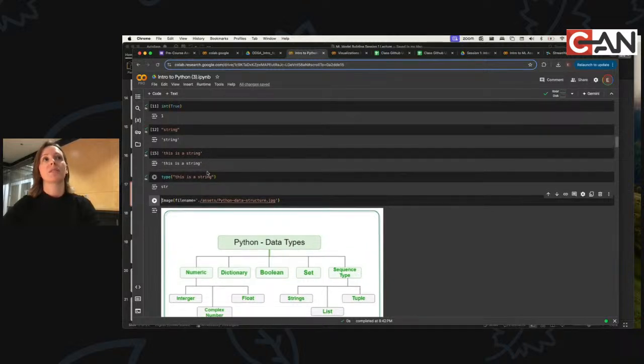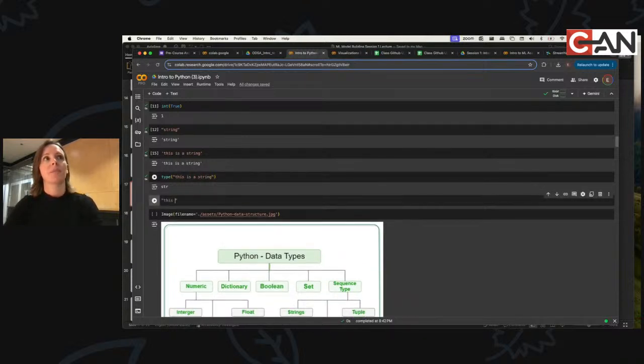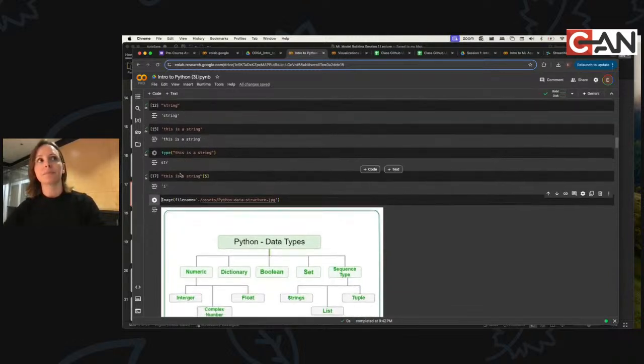What is interesting about strings is you can actually slice them. Fun fact, I'll let you explore more around this. Let's do position 5, and we get the letter I. That's because Python is a 0-based index. So this is the letter at 0, 1, 2, 3, 4, 5. So the space is 4, and the I is where it's at.